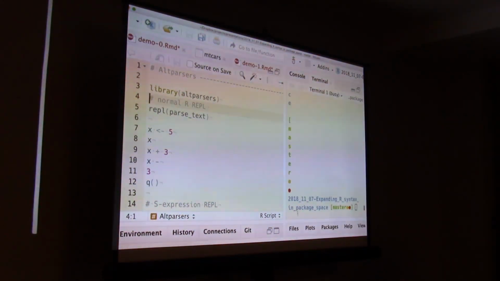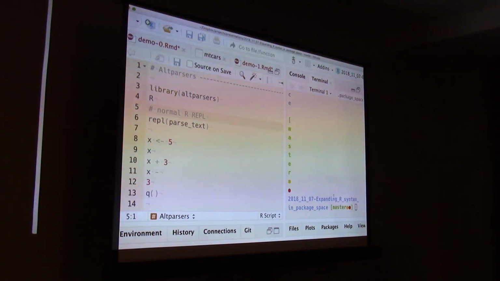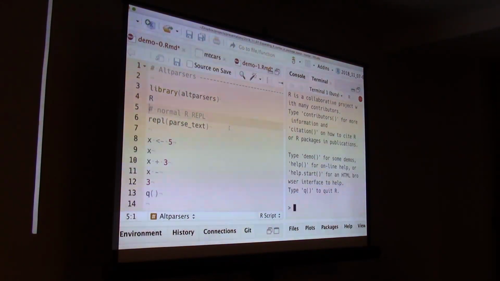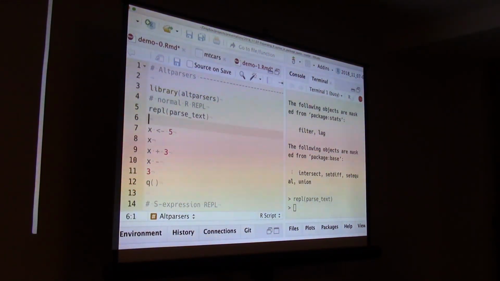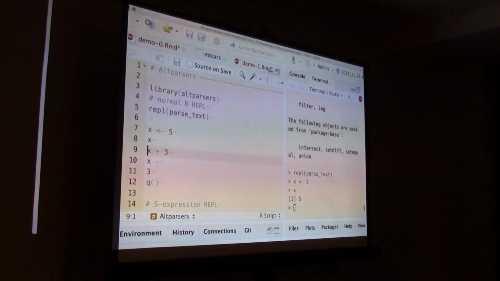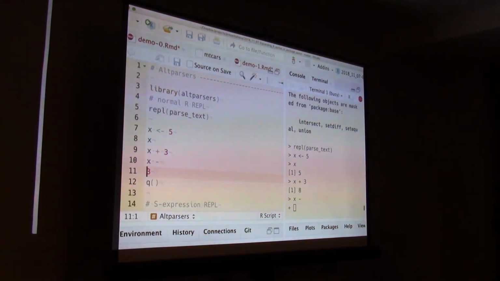All right, first you have to start R. Okay, load the altparsers package. Then I can start up a normal R REPL. So this looks exactly like the normal REPL would. And I can just do normal R things, and this is just showing that the continuation syntax works as it